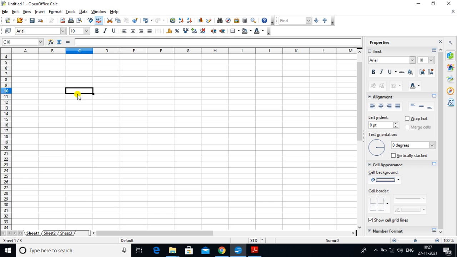Okay, so the intersection of a row and a column forms a cell, and that cell has an address, and that address appears in the name box. Okay.